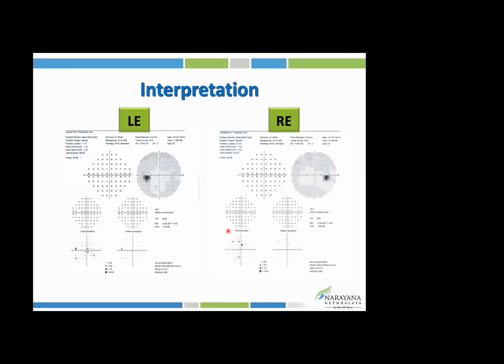So how do you interpret? First, you keep the right side field on your right and the left side field on the left, which can be directly read looking at